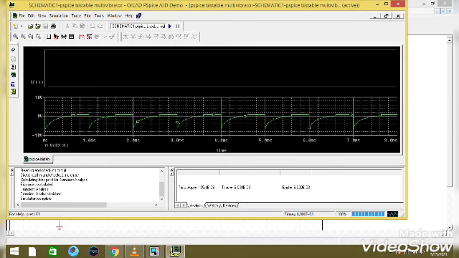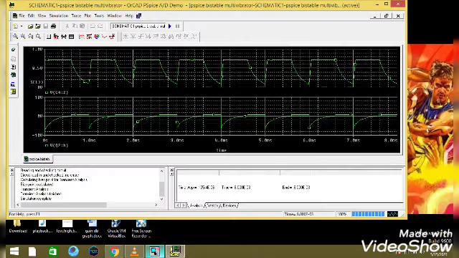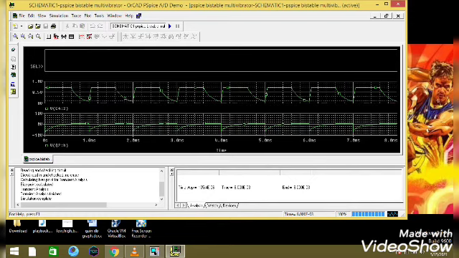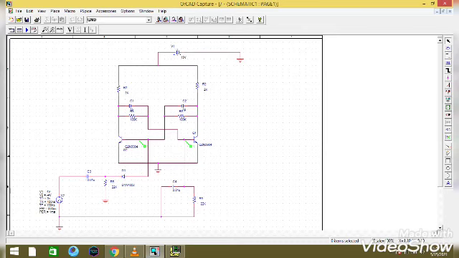Go to the circuit and place another probe. I am placing it in the other base. Now you can see 2 outputs. Again go to plot, add plot to window. Click on the plot and place the voltage level marker in the collector 1.